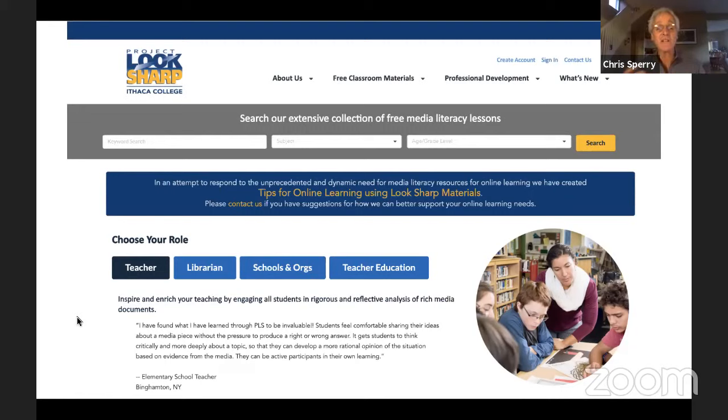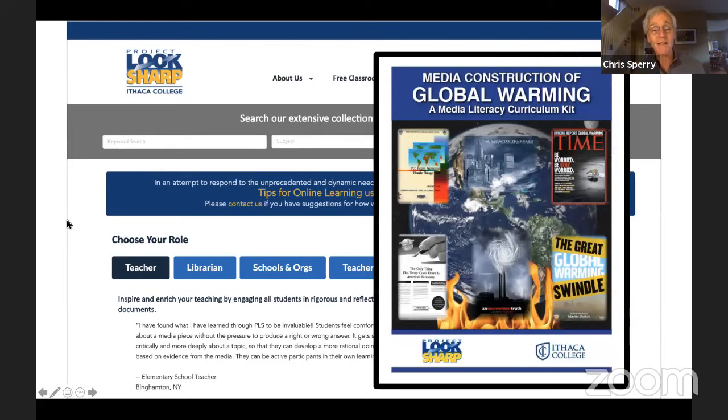So to constantly be reading their world, but to have that happen from kindergarten through college in all different subject areas by giving teachers the resources and materials to apply what we call constructivist media decoding to their curriculum. So we have over 450 lessons by different subject areas, by different grade levels. And a lot of those lessons relate to issues of science.